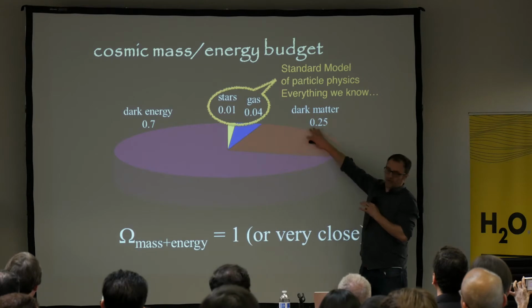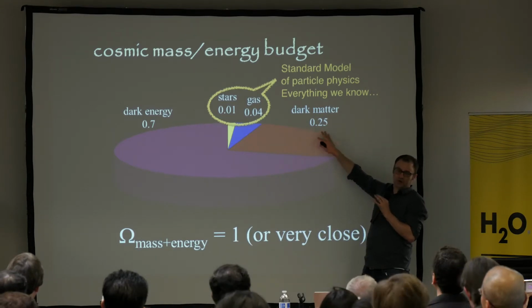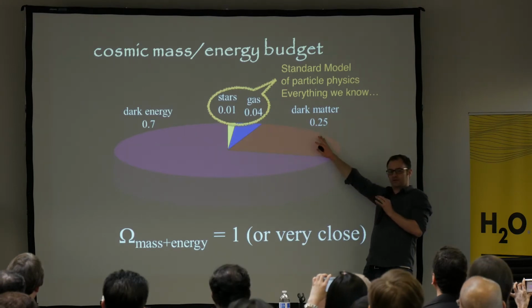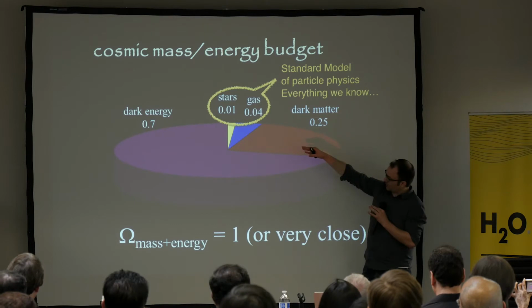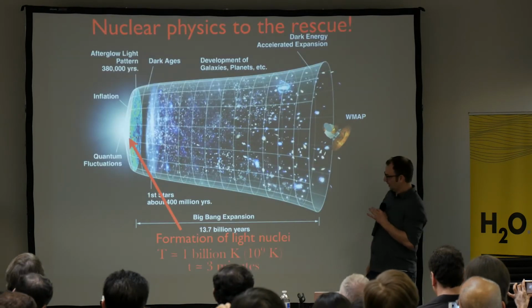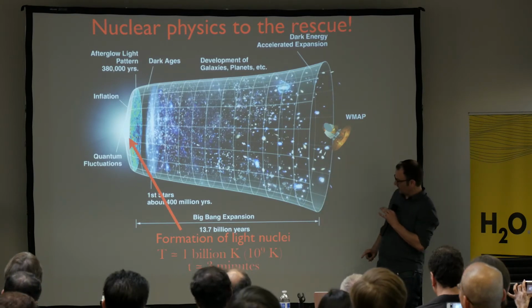And then something like 25% of the universe is made out of something we call dark matter. We call it dark to mean we have no idea what it is. All we know is it's gravitationally attractive. And then everything else we call dark energy, and we know even less about that. Okay, what I'm going to do is focus on one particular aspect of the evolution of the